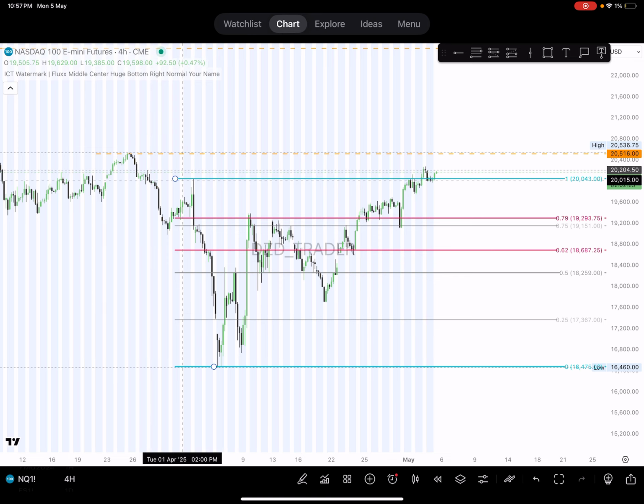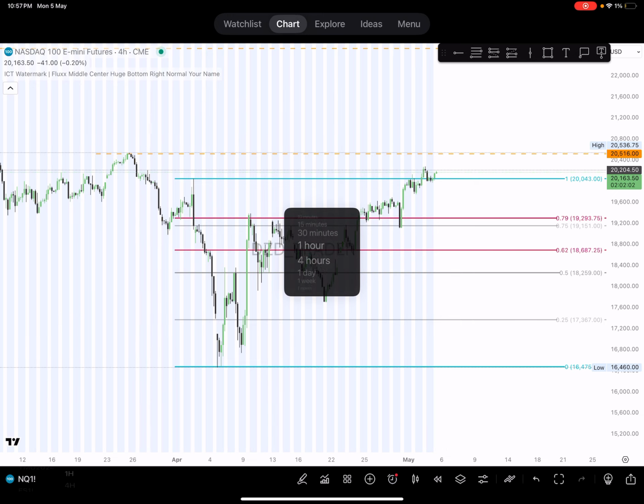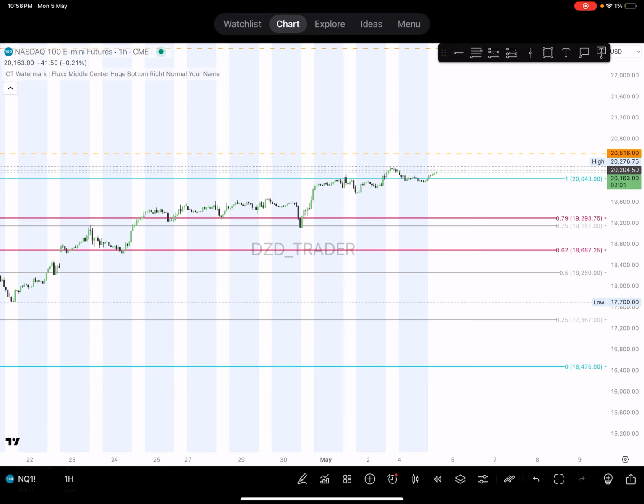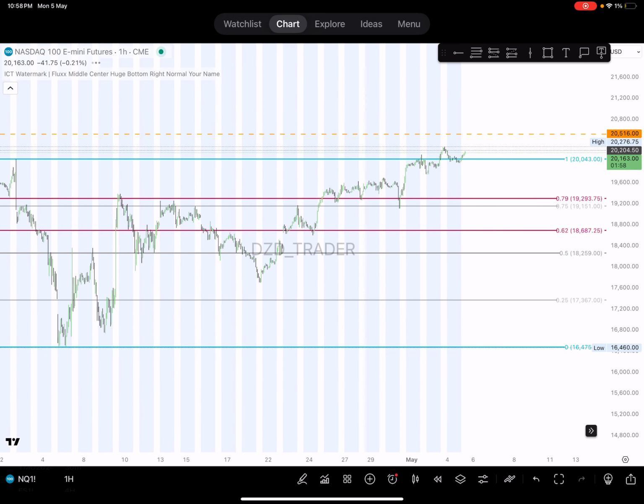If it does a lower high to a lower low, you take the Fibonacci from the top here to the bottom, and you expect the market to sell. All right, you expect the market to sell. But if there is an in-between movement of a higher high and higher low, you take that low to the higher high, and then check whether it provides you a good opportunity to trade, and so on. So you always keep zooming into the time frame. You do the same thing, and the more you zoom in,